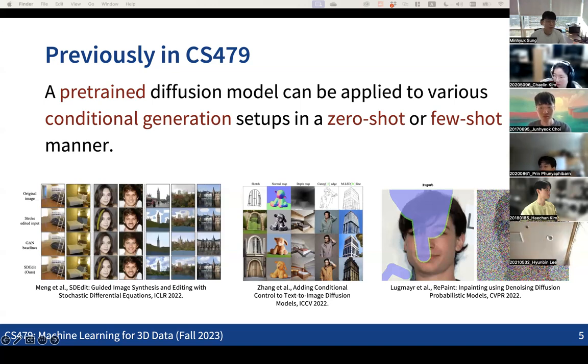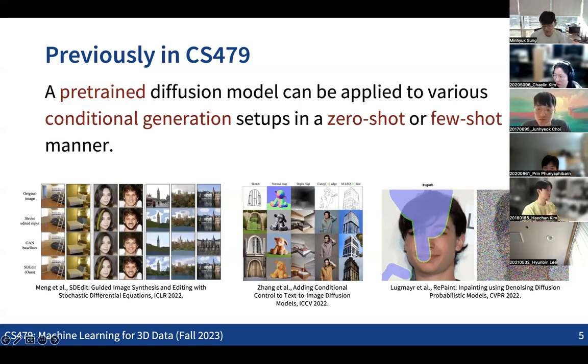for special cases, where we are adapting the pre-trained models, especially when you have some conditions? For example, we can consider making images based on sketches, or filling in missing regions. We can do many kinds of things, and not only for images, but also for audio, video, or 3D, if we have pre-trained diffusion models for that. So we discussed a bunch of things.